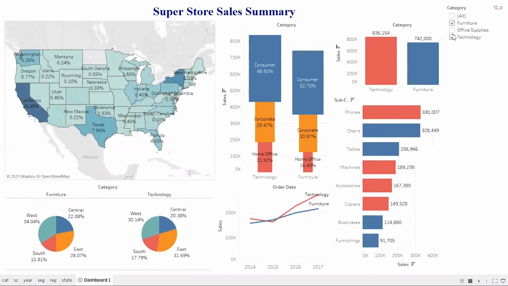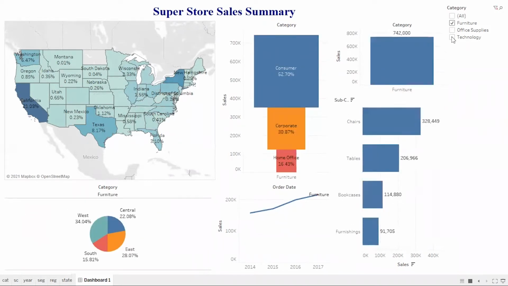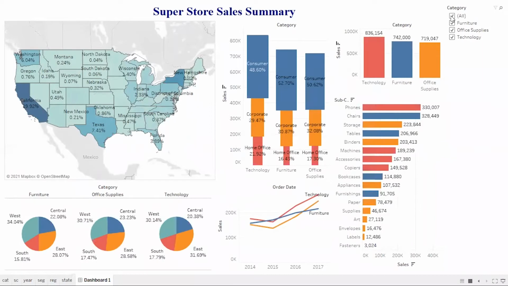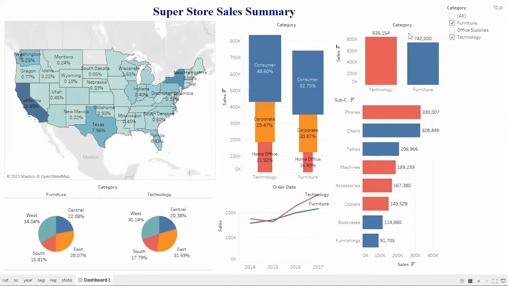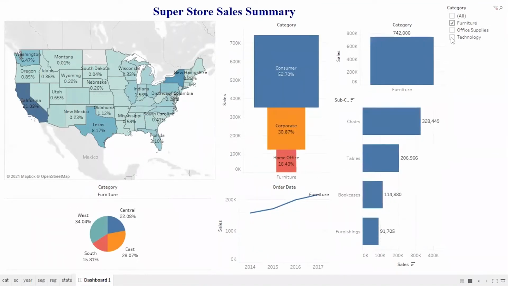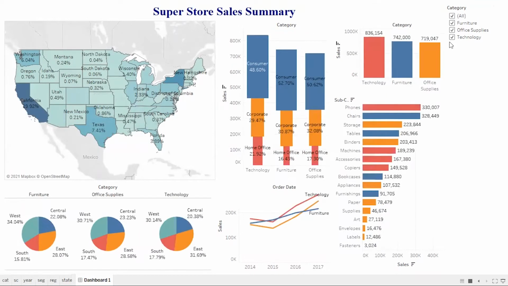It is talking about furniture and technology, only furniture, everything. Right, can you see it is interactive to all? Yes. Everywhere you can see the changes in the values. If we talk about furniture, the contribution of California is 21%, but overall the contribution is 19%. Here it is. So this becomes interactive.